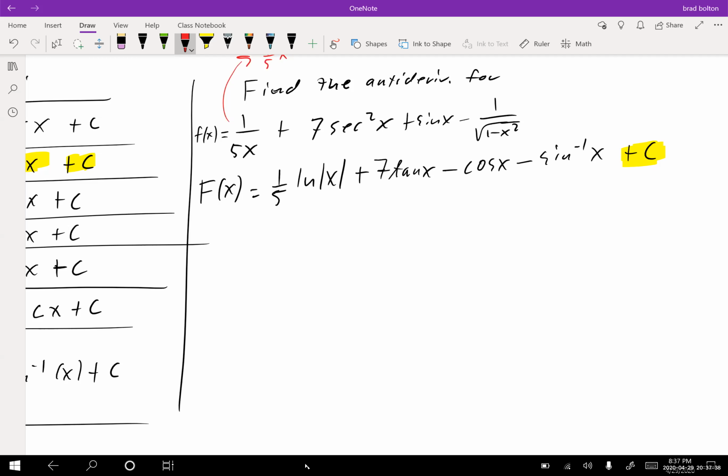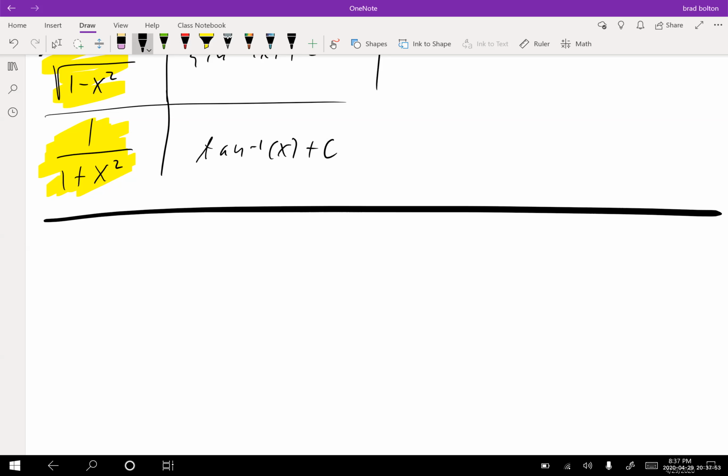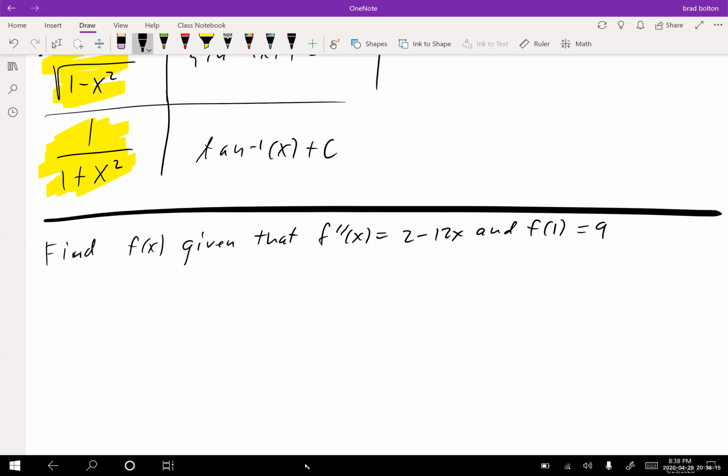Let's see here. So we got a little bit left. So this next part says, find f of x given that f double prime of x equals 2 minus 12x and f of 1 equals 9 and f of 2 equals 12. Okay, this is called an initial condition, because they gave us some extra information to help us. So first we start off with f double prime,